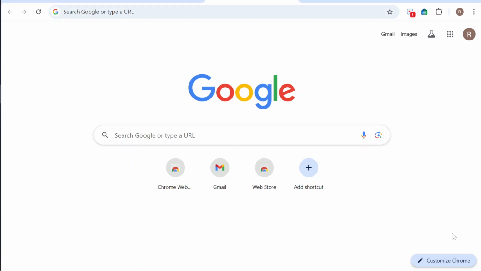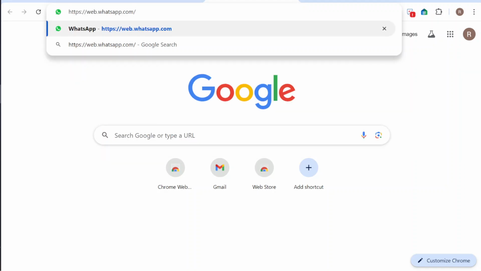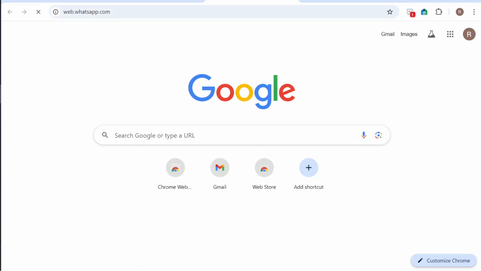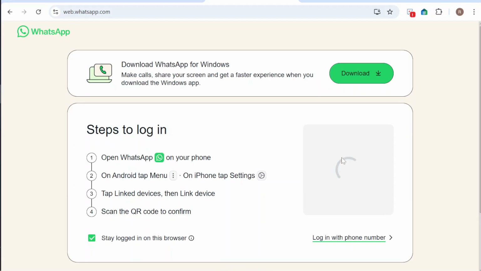You can use Chrome, Firefox, Edge, or any browser you like. Once it's open, navigate to the website you want to create a shortcut for. Let's start with WhatsApp. In the URL bar, type web.whatsapp.com and press Enter. This will take you to WhatsApp Web, where you can use WhatsApp on your computer by